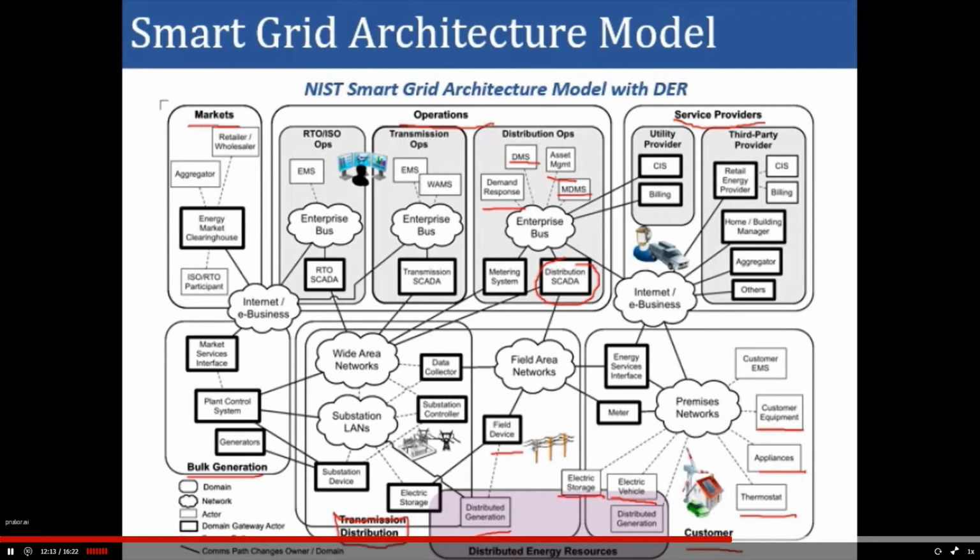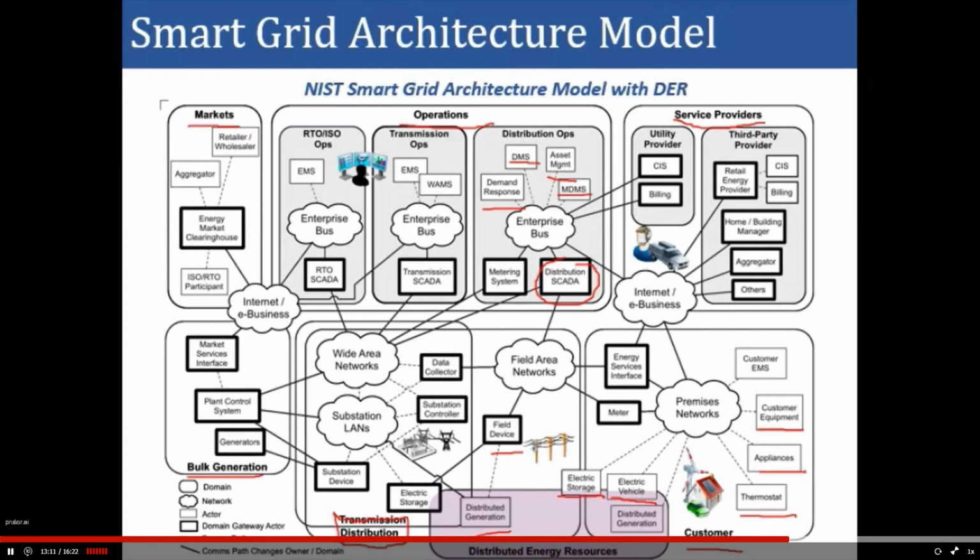So every domain has the blend of each and every layer to execute the various activities. So for example, in case of customer domain, we have the component layers where the devices acquire the data from the field. Using communication network, the information is communicated and then the information is shared with the various functional applications. Say if you are acquiring data of the customer, the information can go to the service provider, which will run the aggregator, home building management, billing, or other similar kind of applications based on the data which is being acquired at the field level. Similarly, this